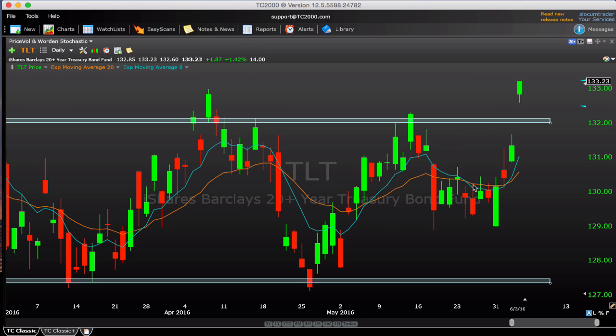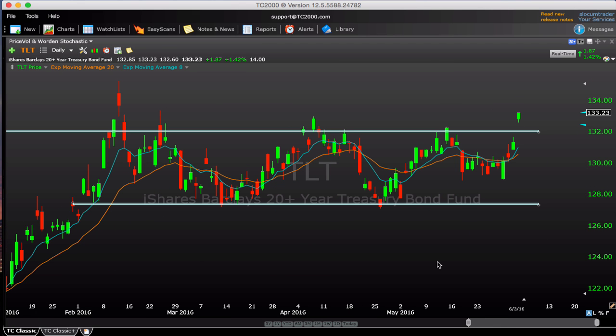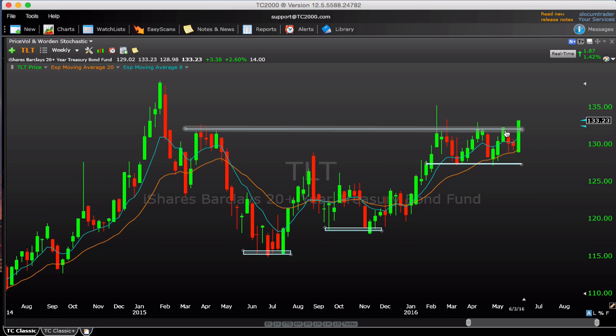Now let's look at some other markets. Again, you can head back into yesterday's video if you do want a more in-depth look at the current market environment. TLT had a very explosive move here on Friday, a 1.42% move with a nice gap higher above resistance. This looks good, especially on this weekly time frame now. Look at this consolidation that took place, and now we're starting to emerge higher. Very constructive, very nice looking pattern here.